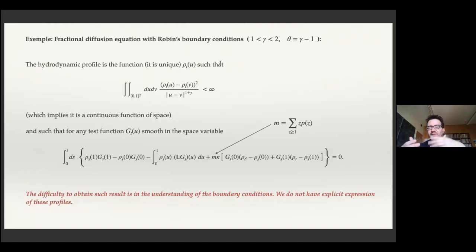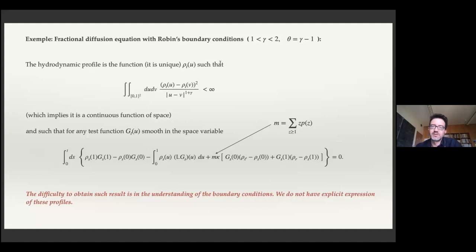It is not like in the case of just a heat equation with Dirichlet, Robin or Neumann boundary condition, in which you have some explicit solution. In this case, you don't have an explicit solution, and the only way that I know to characterize the macroscopic profile is to use some weak formulation of the PDE,